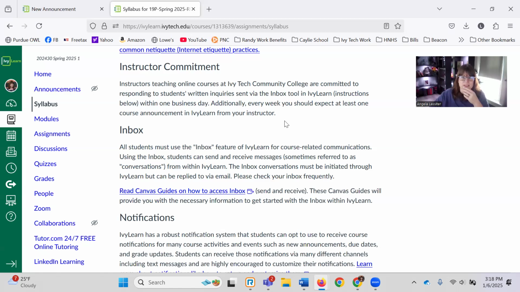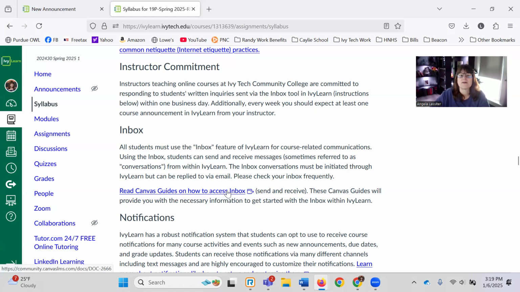The weekend is about the only exception for that. If you text me or email me on a Friday night at 7 o'clock, I most likely won't answer you until Monday morning. I do take my weekends for my family. Of course, I know you understand that. And there are resources for you. If I'm not available, you can hop on here and get on tutor.com. You have all of these resources that I'm going to show you on here to help you if you can't reach me. Okay.